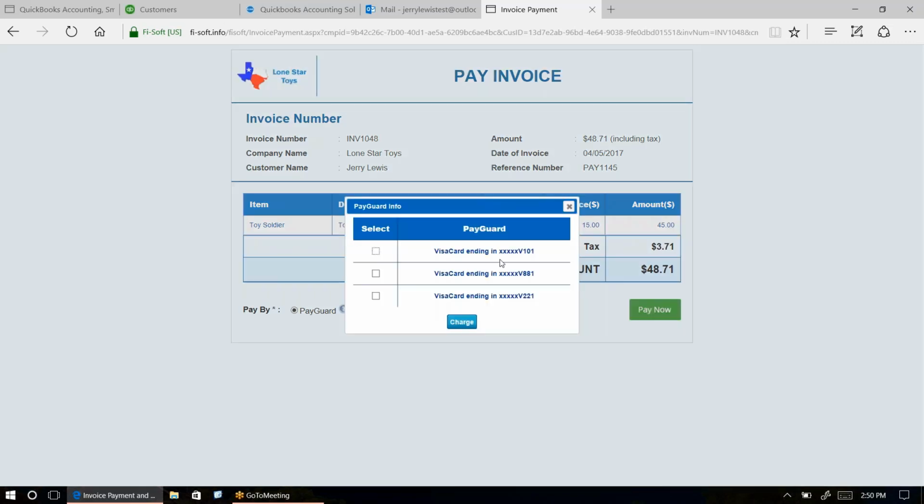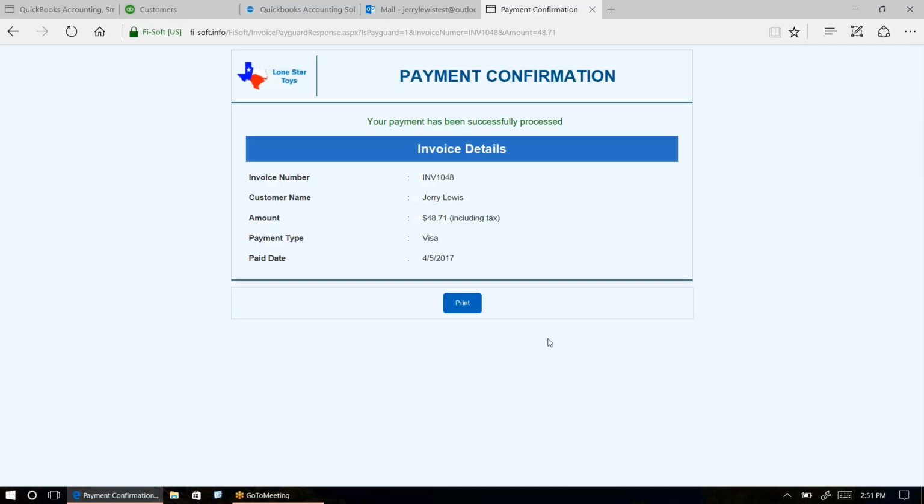and we're going to go ahead and click Pay Now, and the customer is going to be presented with a list of secure payment accounts that they can use to process this payment. These accounts are all accounts that have been used in previous transactions. So we're simply going to select the one that we want to use. We'll click Charge. And when your customer does this, they're actually going to be presented with a new page, and